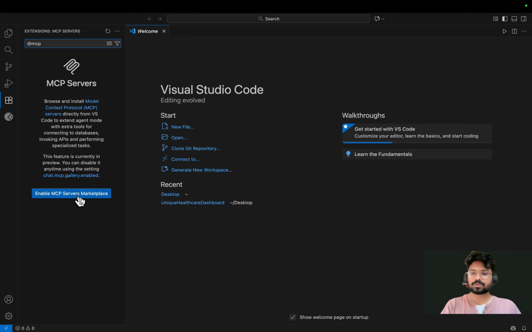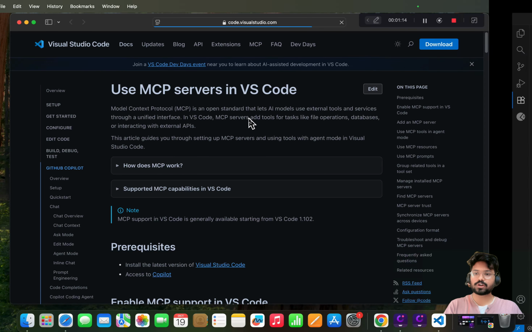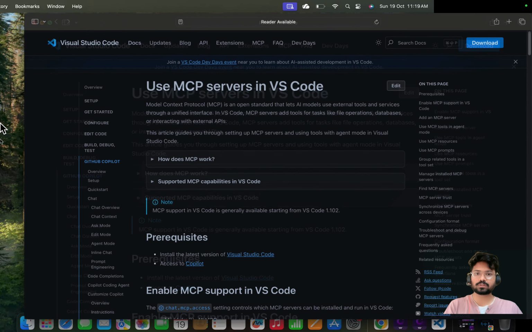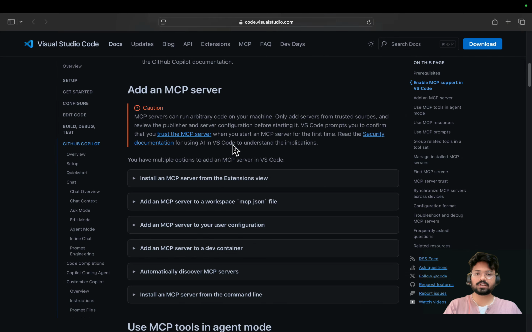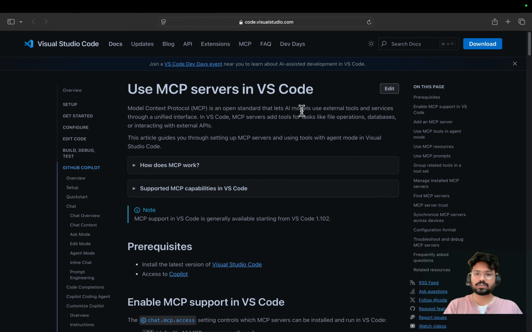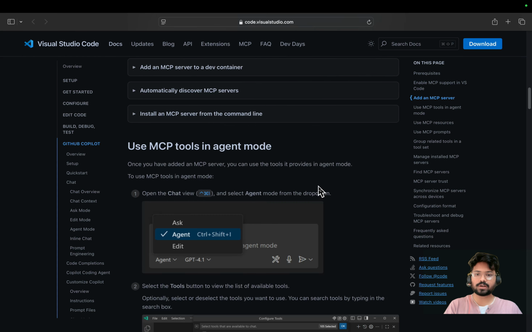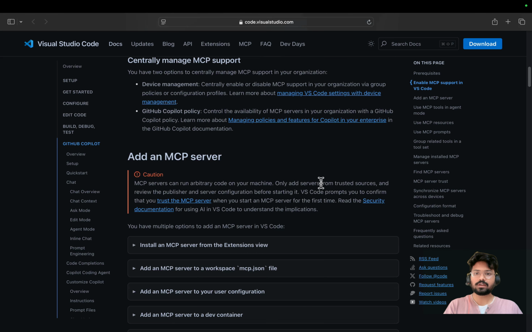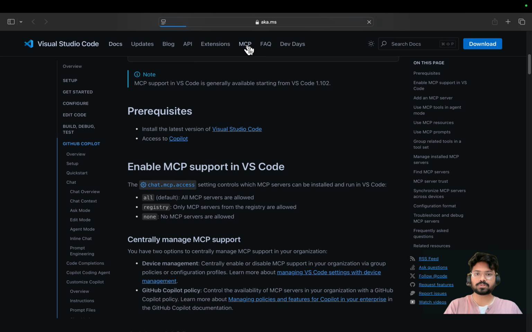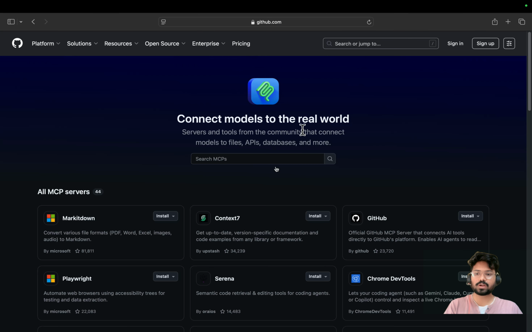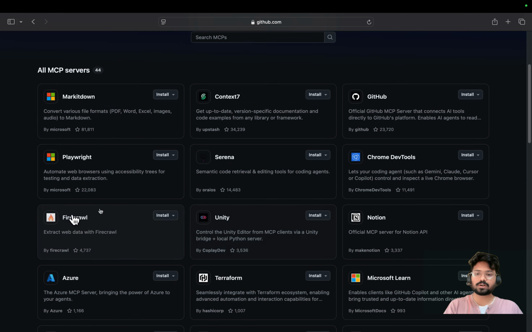So you can enable MCP servers marketplace as well. This is currently in preview. You simply need to click this Model Context Protocol. So this page will open, and in this page you will see the complete documentation of how to use MCP servers in VS Code, how it works. So everything is provided here, and you can go to this MCP part where you can see different MCP servers